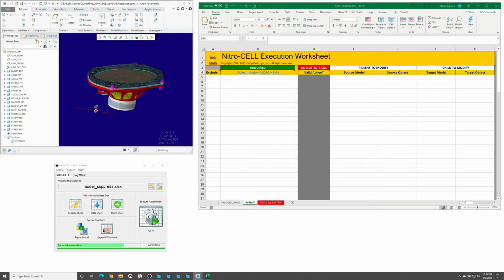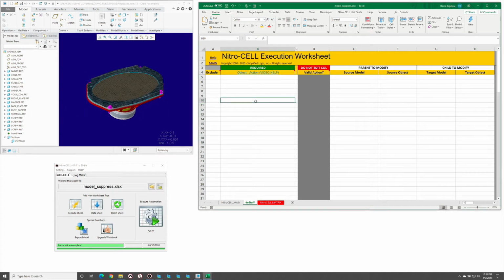Let's talk about suppressing geometry within active assemblies. This is actually a pretty powerful and handy function. So if you're dealing with overloaded bills of materials, and you know specific things that need to be suppressed, this is actually a pretty handy function. So we're going to type in suppress model, of course. And by default, it's going to take the active assembly, and then we can specify a